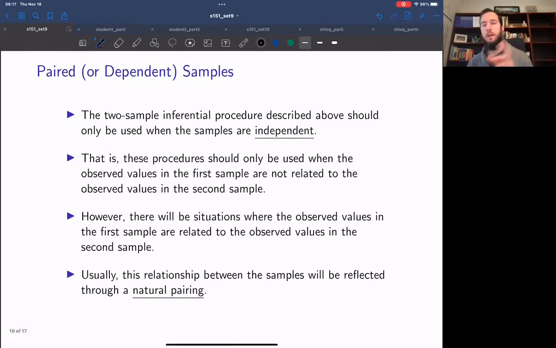All right. So in the first half, I guess we can call it, of this lecture set, it's about halfway, we learned how to conduct two sample inference. In the second half, we're going to look at another technique for conducting two sample inference. The difference between the two is a structural difference in the data. In the first two examples that we looked at in this lecture set, so the example that we just finished, for example,